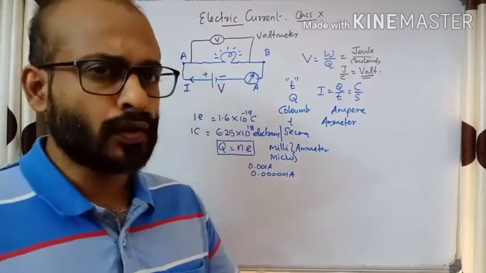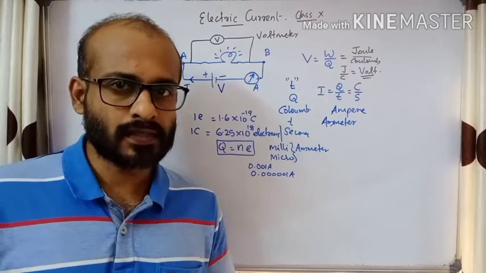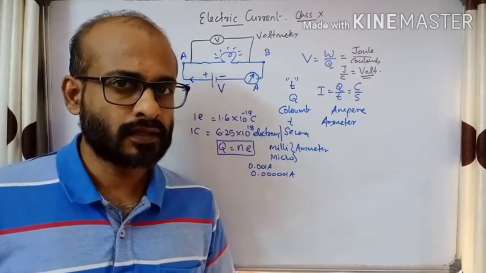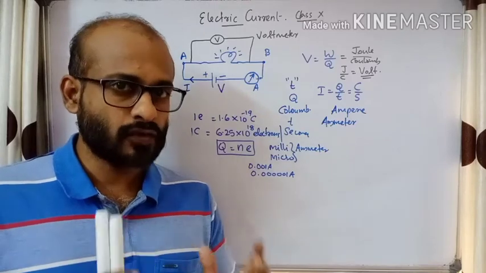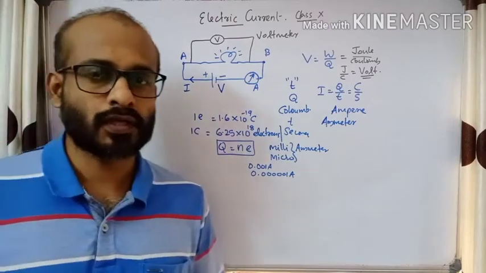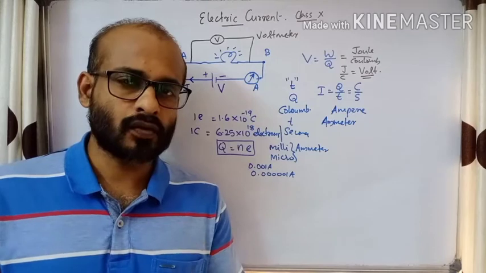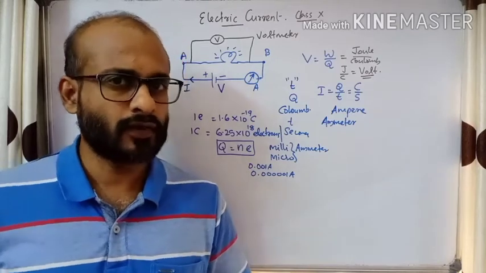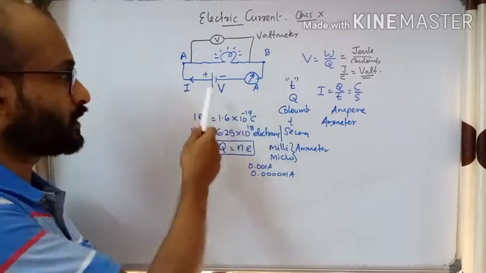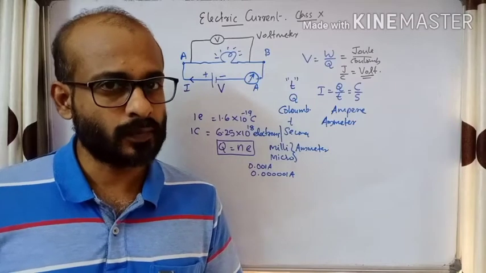Okay. Now let us move to another topic, Ohm's law. Ohm's law is a basic law that we see in current electricity. Ohm's law states that the potential difference across the ends of a conductor is directly proportional to the current flowing through it. If we increase the potential difference, current also increases. Experimentally, we can verify that. When we increase the number of cells, potential difference will increase. Then the current is also found to increase.